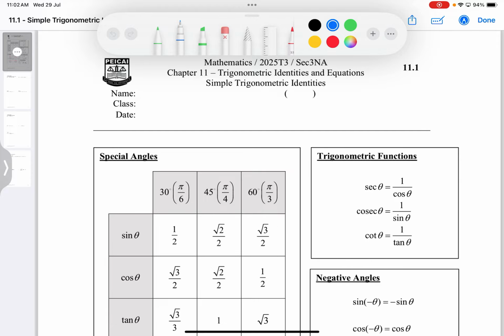Which question do you want me to go through? I'll just go through one proving question. I can't go through all. Proving is really about you getting your hands dirty, trying out yourself, because then you will be familiar with the